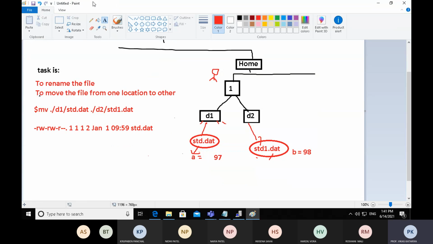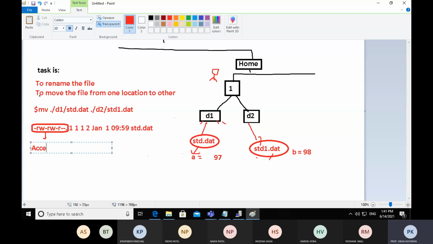Let's understand one by one. This is the output of the ls command. This is the section of permission, the access permission. This is called access permission.